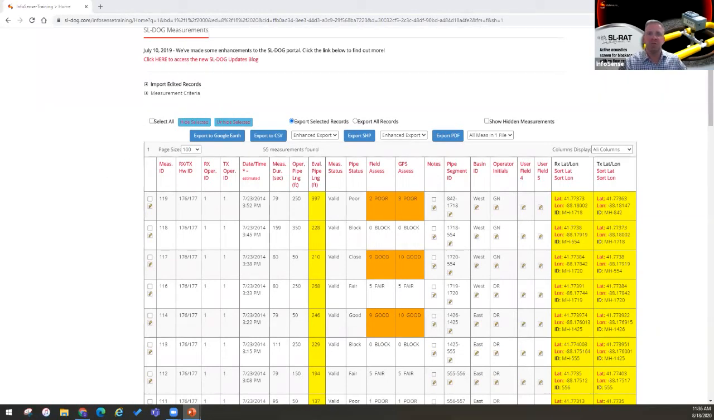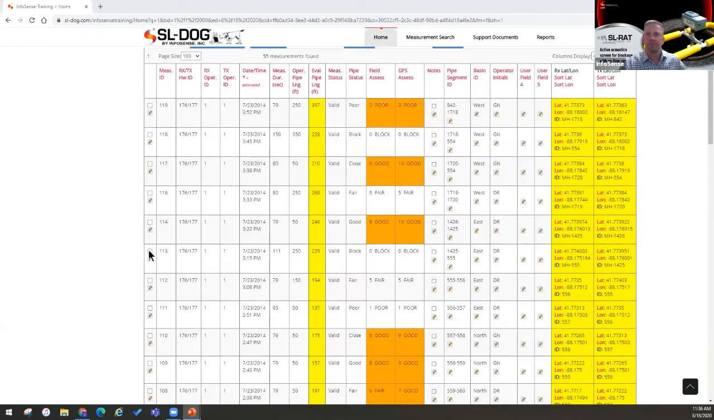Let's say measurement number 113 received a blocked score. And the crew realized that the TX was in a storm manhole not connected to the same sewer pipe as the RX. It received a 0 because they clearly couldn't hear each other. This would be a perfect example of when the operator could have rejected the measurement after the test rather than selecting Save. We don't want to see this measurement anymore, so we select it